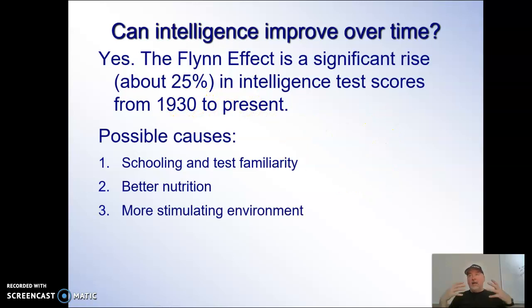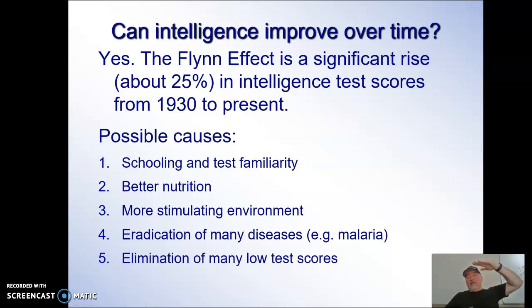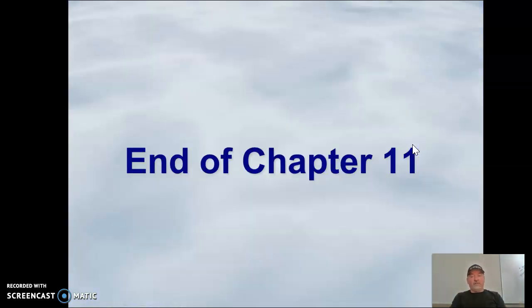We also have a more stimulating environment. I hate to say it, but in that way, we would say that television and radio and movies and all these other things have actually stimulated our brains more than back in 1930 when all we had was to stare at bags of peanuts. We have eradicated a lot of diseases, polio, malaria, things like that. So kids are staying healthier, younger, and when they're young, that's the most important time to keep them healthy. Basically the higher group has stayed high, the lower group has come up because of all of these different things. So that really is the Flynn effect. All of those things have contributed to the Flynn effect.